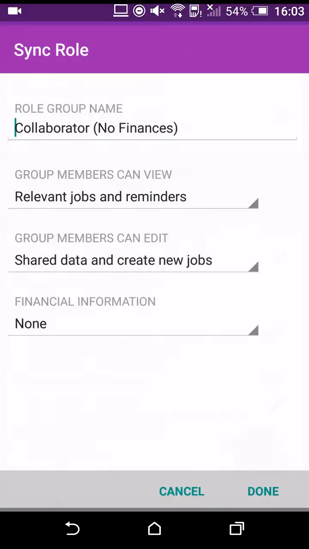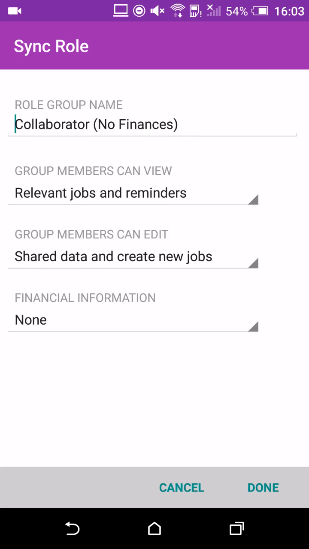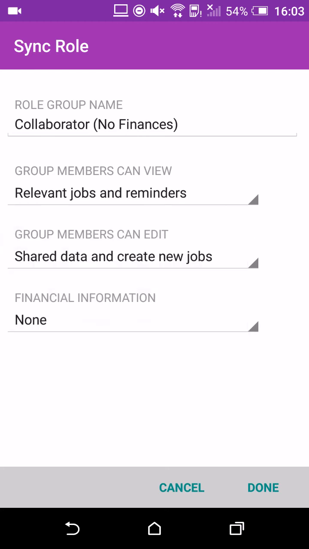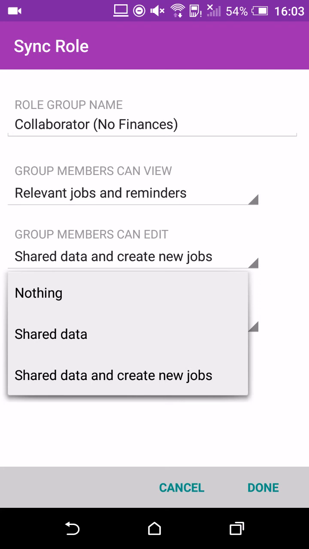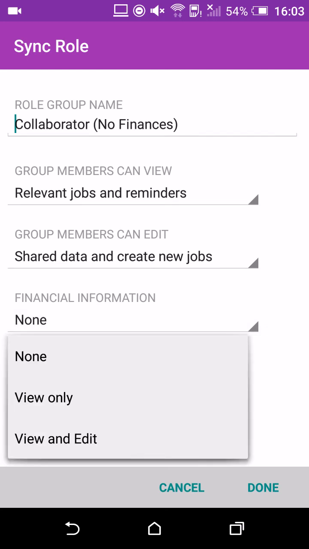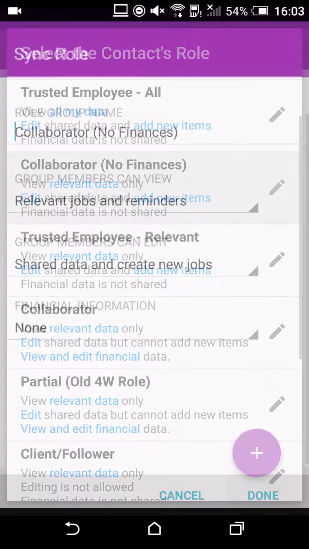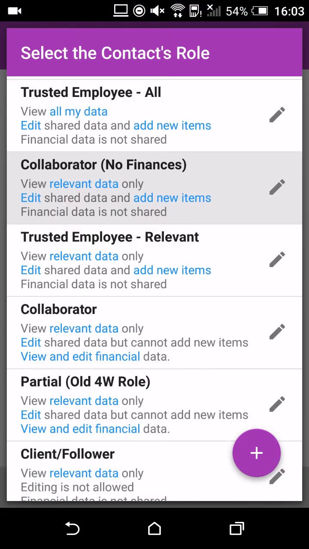You can go in here and edit the role by tapping the pencil icon, and you can change the name if you want to. You can say this collaborator will only see relevant jobs and reminders, or they'll see everything. I can let them edit nothing, or just things that I share with them, or allow them also to create new jobs. And financial data: I'm collaborating with them. They're not an employee, they're not my manager, they're not a partner, so I'm not going to let them see my financial data. So in this case we're going to take collaborator no finances,